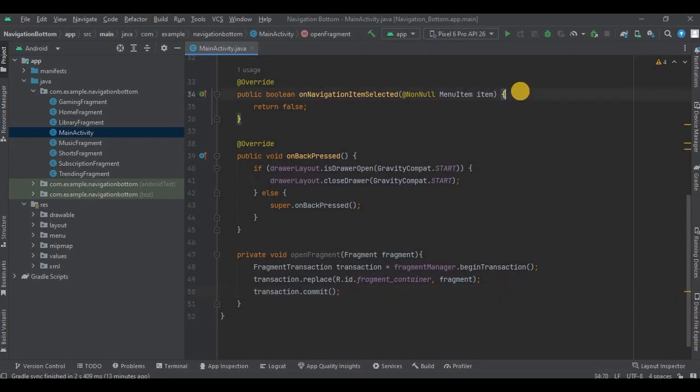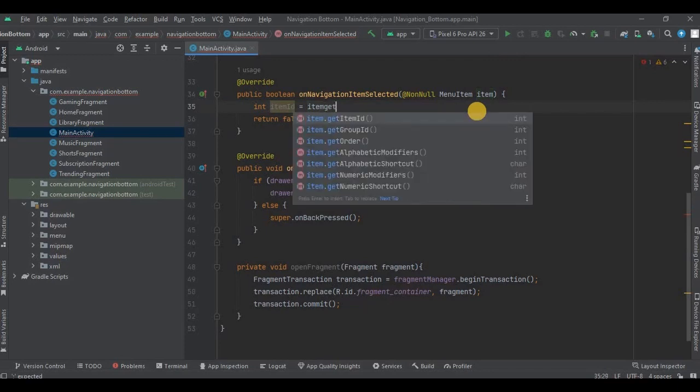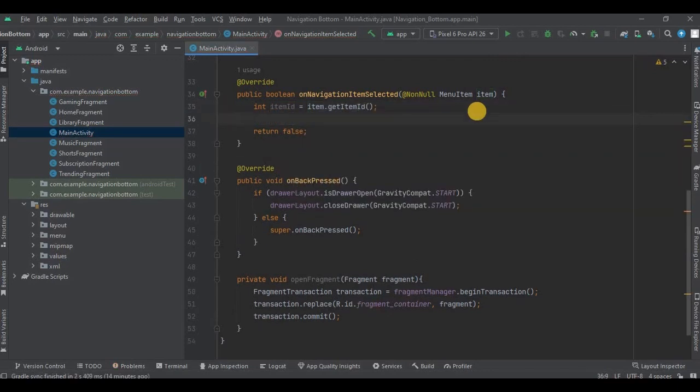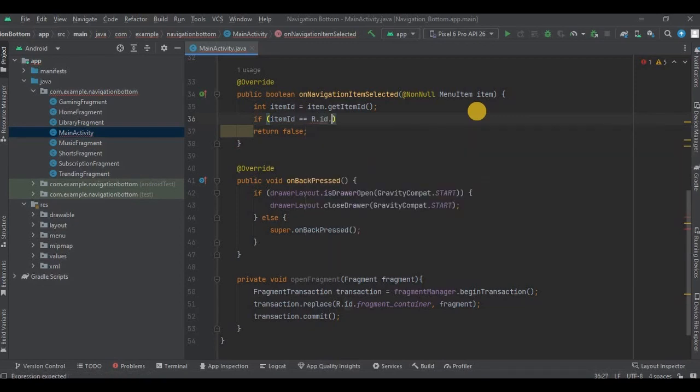Now back to our onNavigationItemSelected method. This is where we will assign all the items to the respective fragments. So first let me create an int variable as itemId that will take the ID of each item that is present in the navigation drawer. So if you remember, we have given the IDs to all the items present in the navigation drawer menu XML file, correct? So if the itemId is equal to the navigation trending item ID, that is our first item in the navigation drawer,